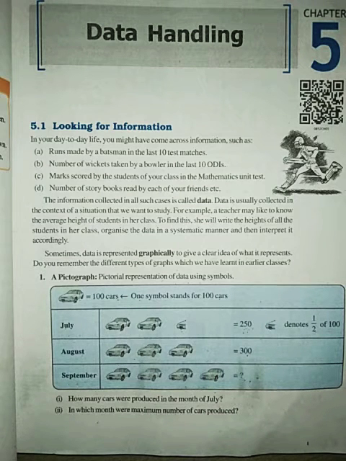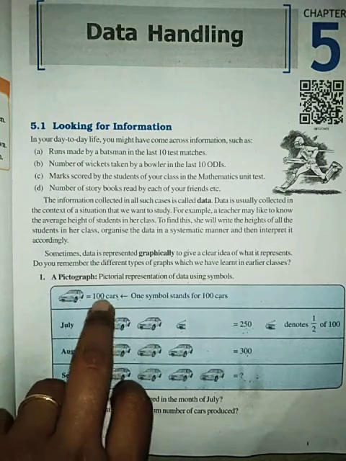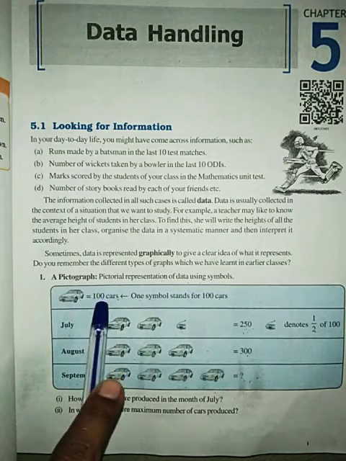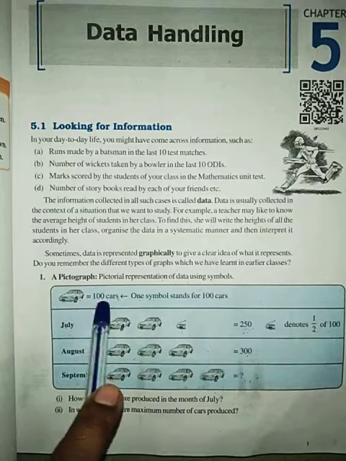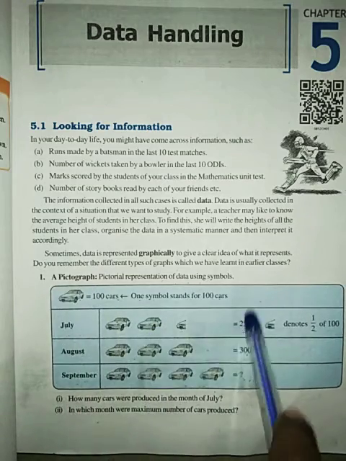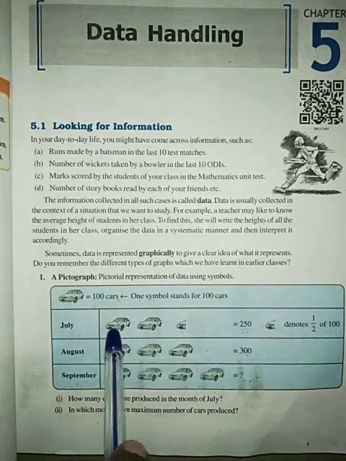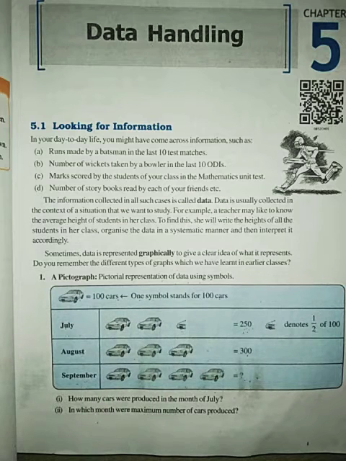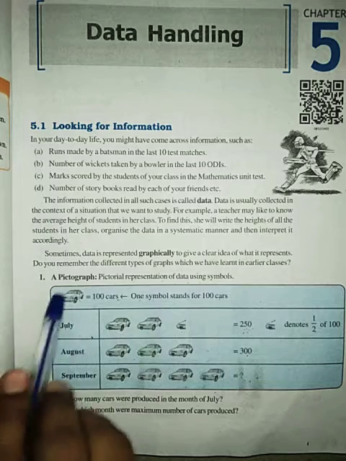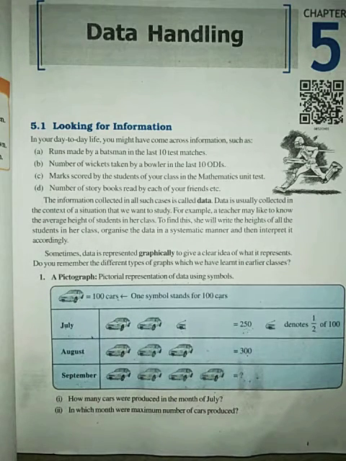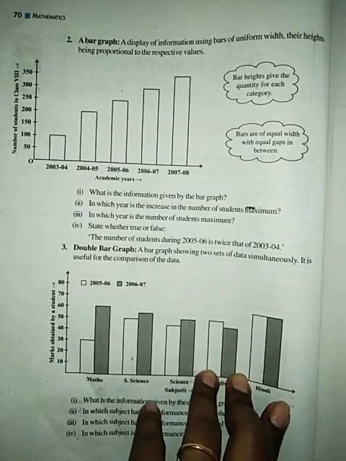Like that, it will be a different measure, different numbers, different pictures, and different values like 200, 300. It is given in the pictograph itself, and this information you have to mention there. Okay, now the next method is bar graph.